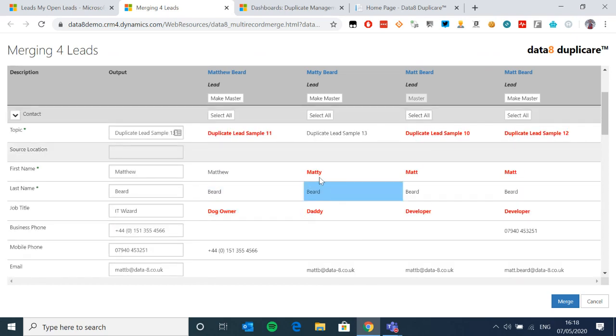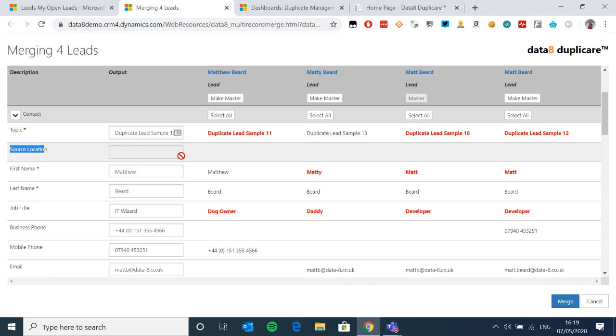The red, in case you're curious, is highlighting data that isn't visible once you complete this. So because Matthew would win this race, these other values would exist somewhere, possibly in an inactive record behind the scenes, but for the visible record that people are going to care about, that data isn't going to be visible. For something like topic, it's less relevant, but if you had to fit 4 emails into 3 email fields, you're going to want to know which of those emails you're potentially throwing away, because you are, quite frankly, throwing away what could be valid data. So we're just trying to assist you in every single way we can.